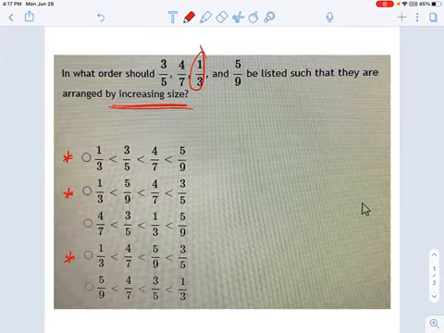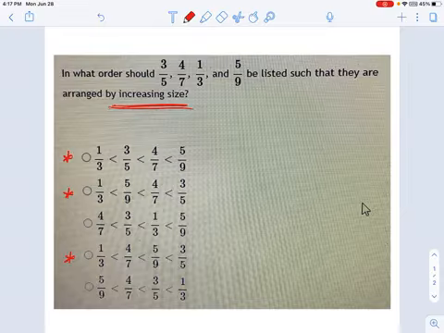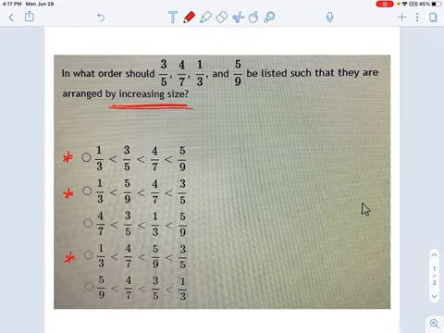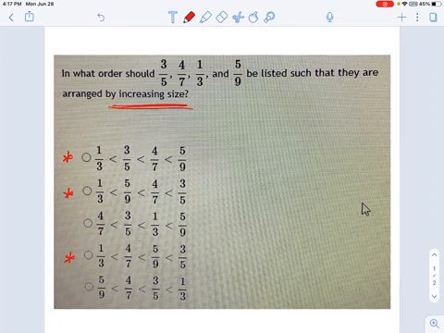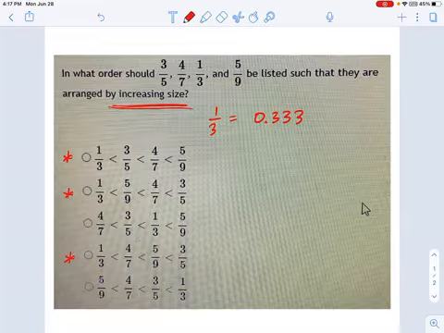Maybe if you have 30 seconds to dig into this. Let's try using a calculator on some of these things, and we turn them into decimals, because who really knows whether 4/7 is bigger than 5/9 or less than? I don't know. So write down the ones you know, and maybe you know your 1/3 is equal to 0.33. You should. It's a common one.